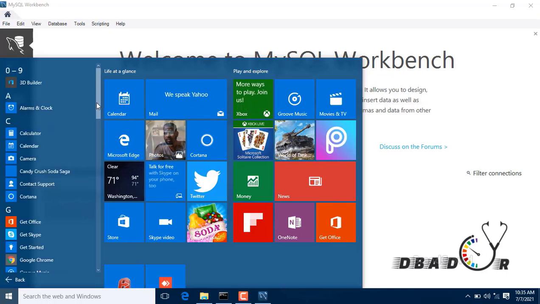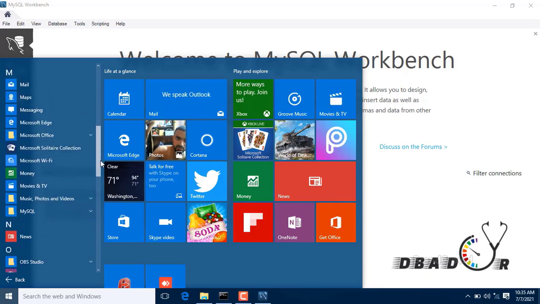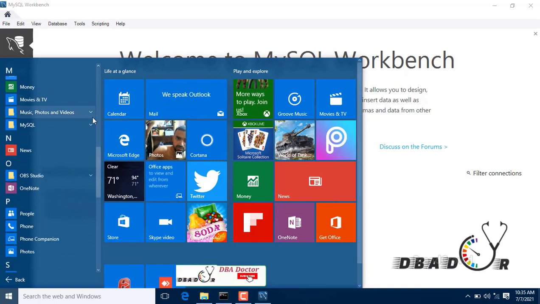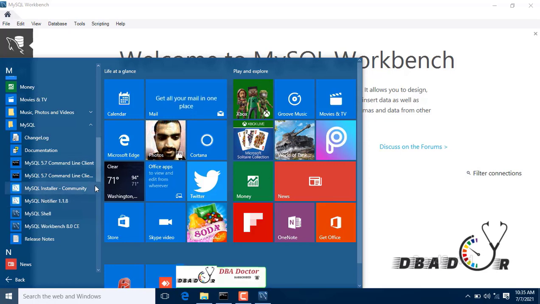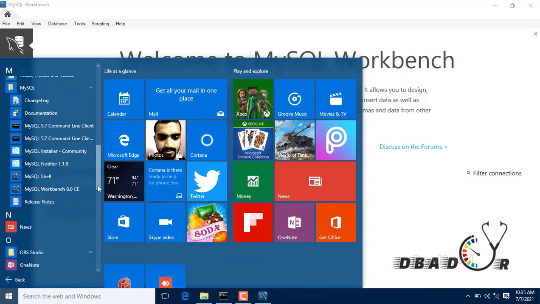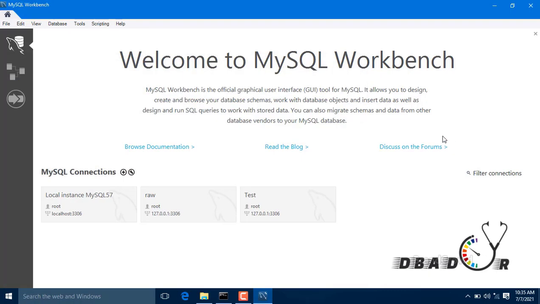Under MySQL you can get a bunch of tools. There you have to connect to MySQL Workbench. Once it is connected, this is the MySQL Workbench default page. Under this page, what you have to do is connect.